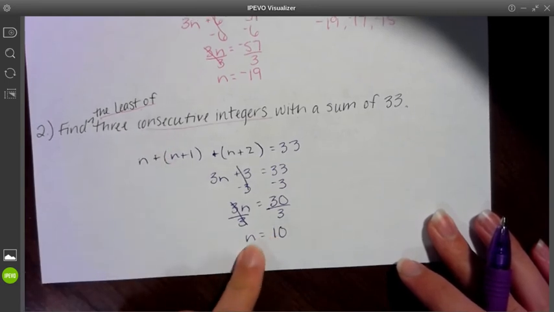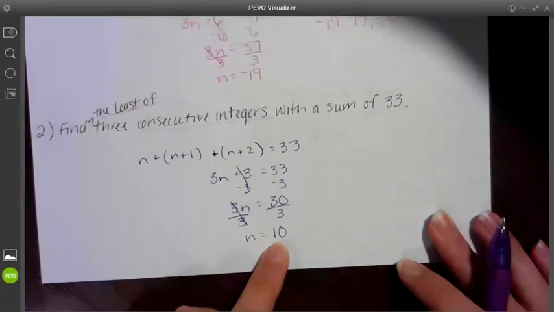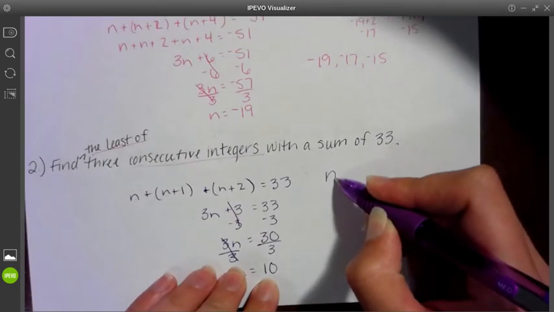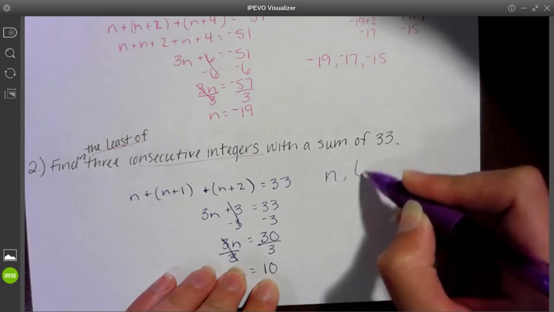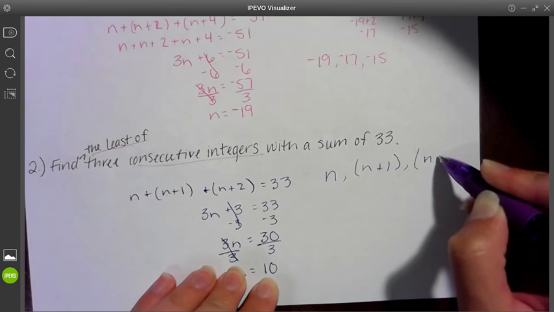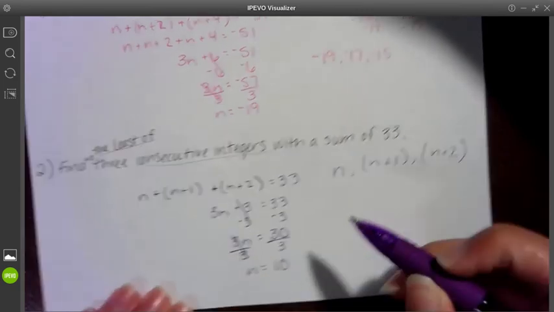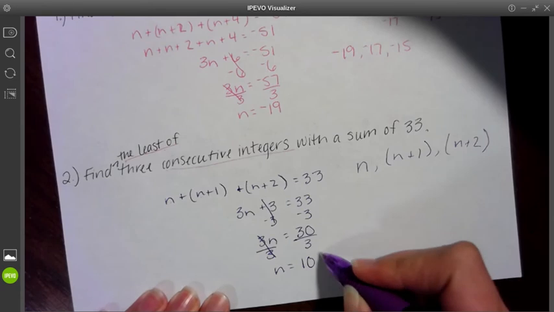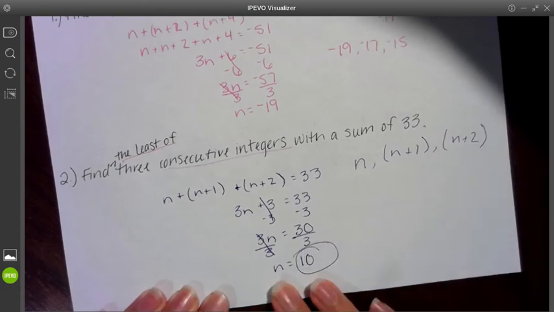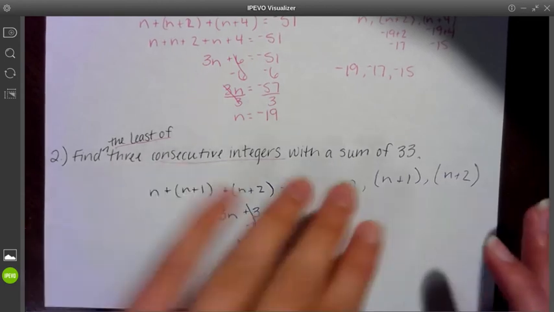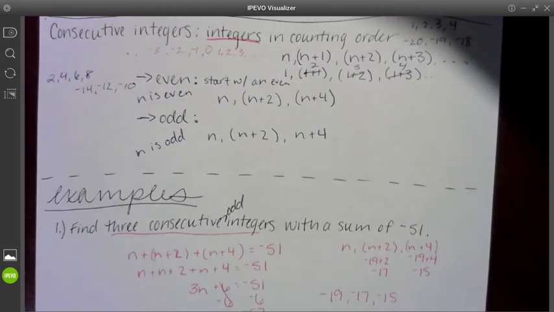I know that n is the least of them, because n is the first one listed, and then we're adding every single time, so we're increasing every single time. So the least of 3 consecutive integers with the sum of 33 would be 10. All right. Hopefully that wasn't too quick for you, but I want to be able to get on to some